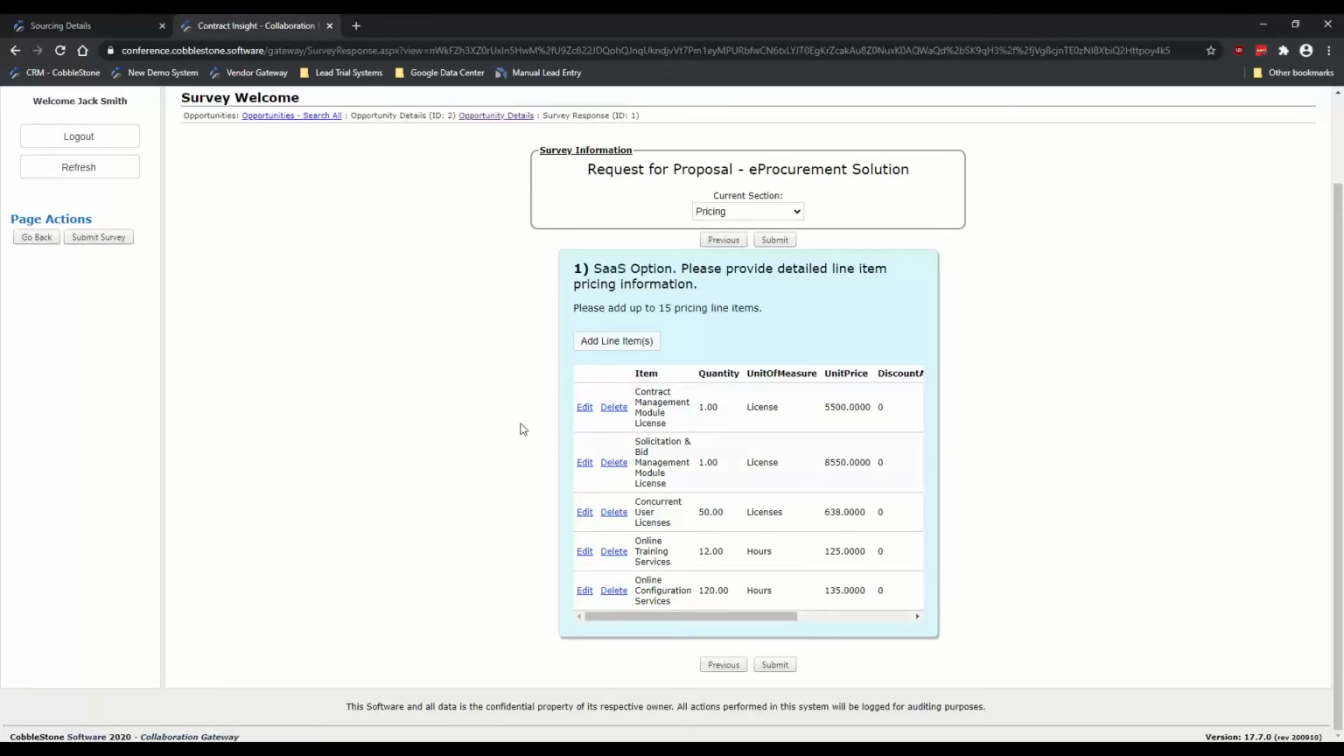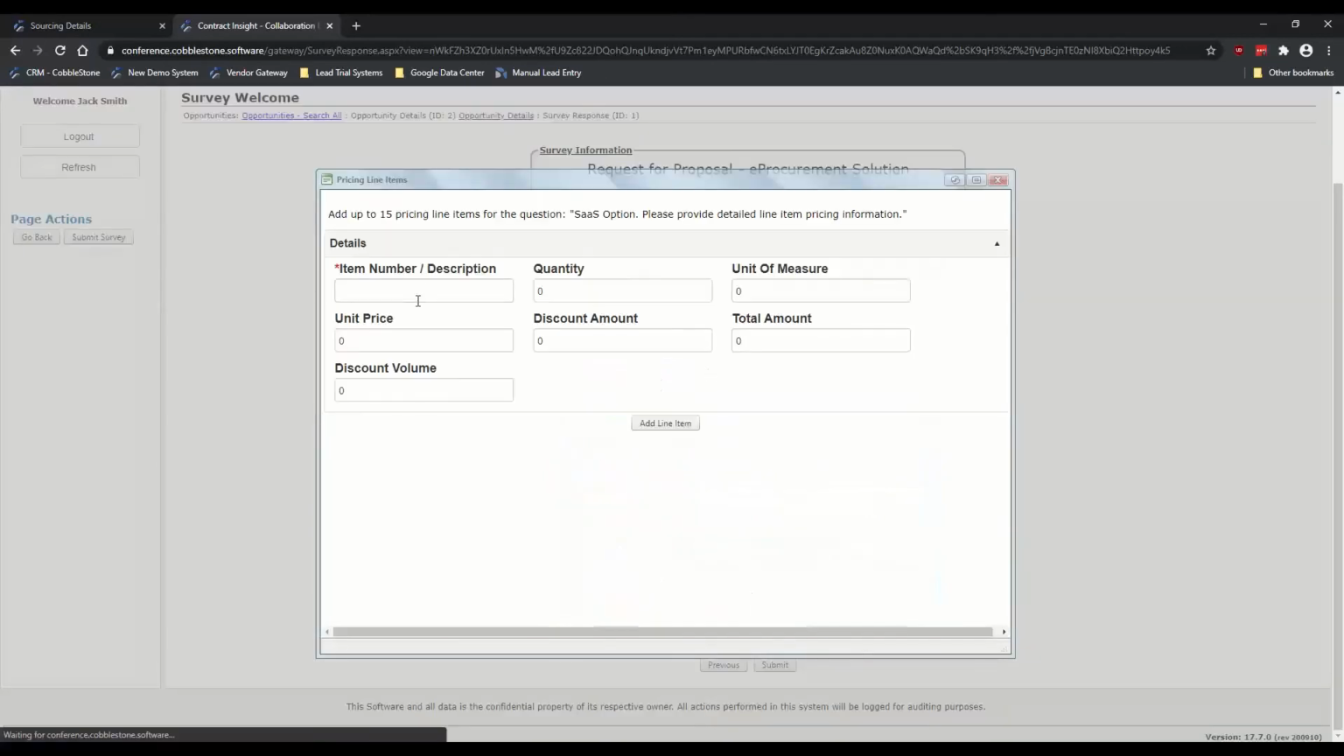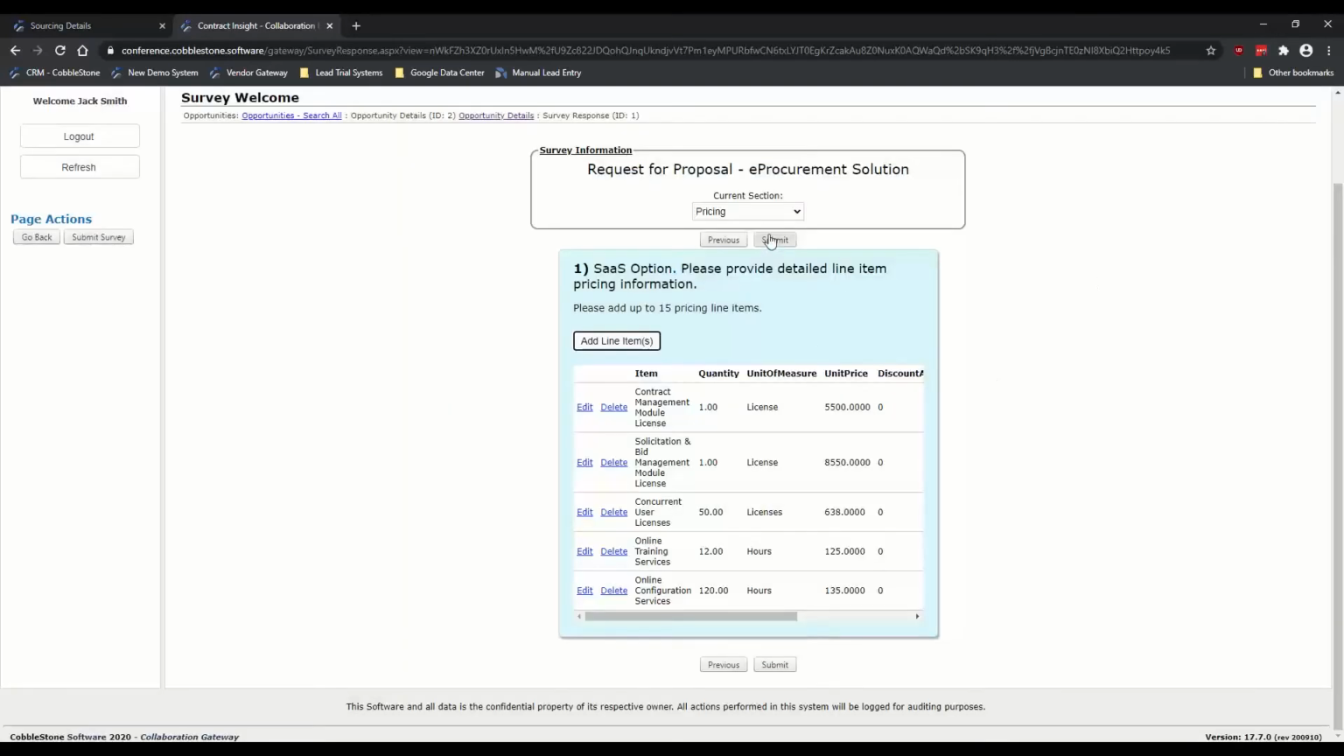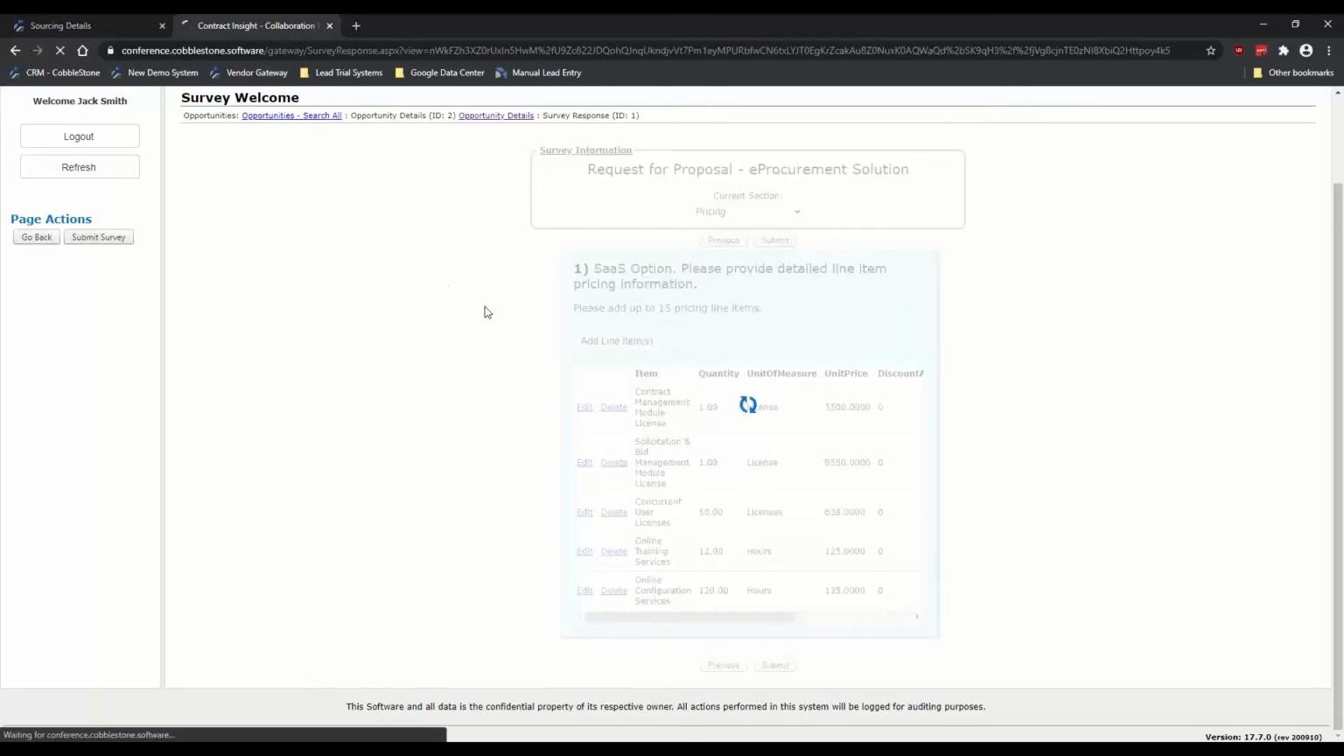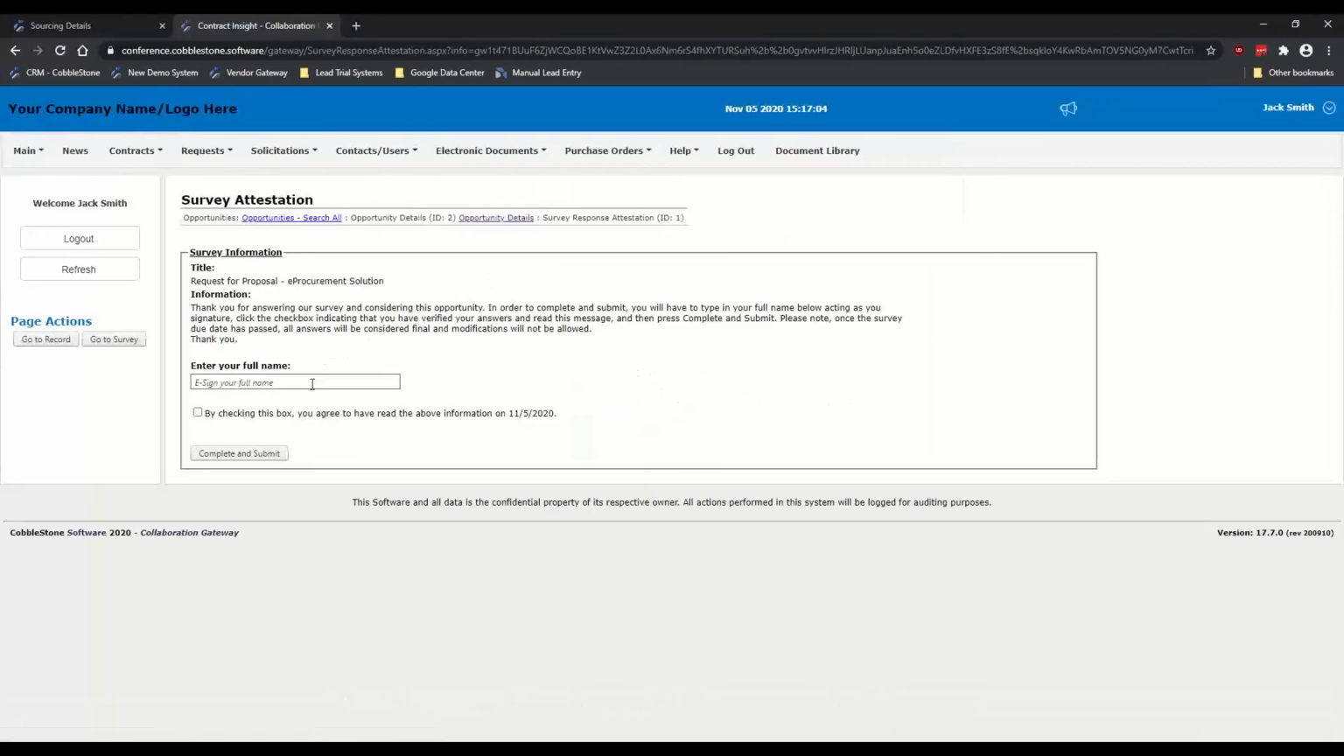And that's editing. I can also remove something from here, as well as add new line items to continue to add to that pricing. Once they're done, you might have more sections than this, but again, it's very easy to set these up. They would hit submit, and they would just sign off on that, just saying, this is complete,